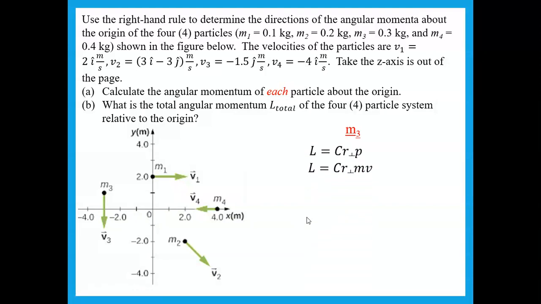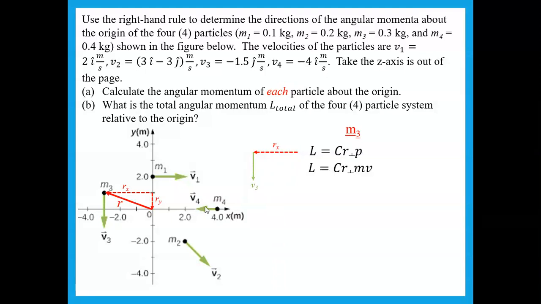We need R and we need V that are perpendicular. So I drew my R vector from origin to where the point mass is. And this stuff is pretty easy to do. Split this up into components. We need Rx and Ry. In this case, while we can draw Ry, we don't really need Ry because if you notice here, V3 is along the y direction. You don't want parallel, you want perpendicular, so you need to use Rx up here. So if you watch the screen, Rx in this case is there on the screen, and then V3 I connected,